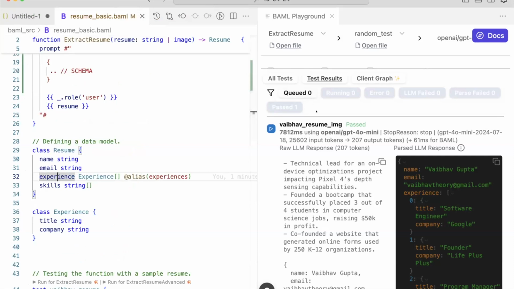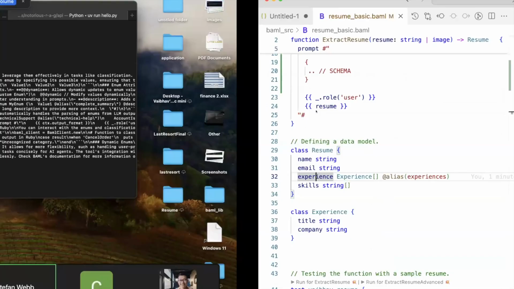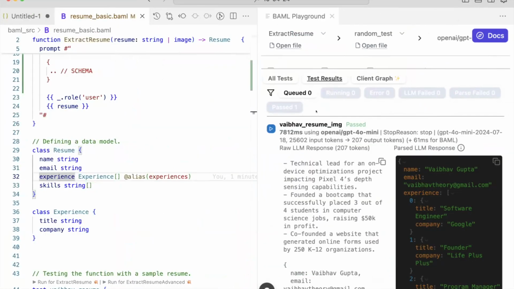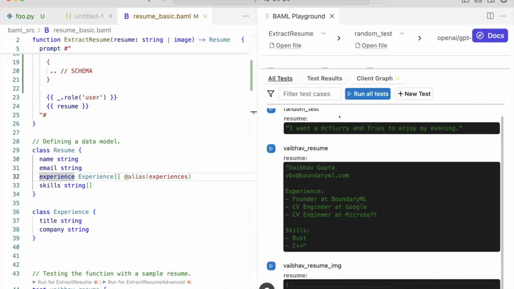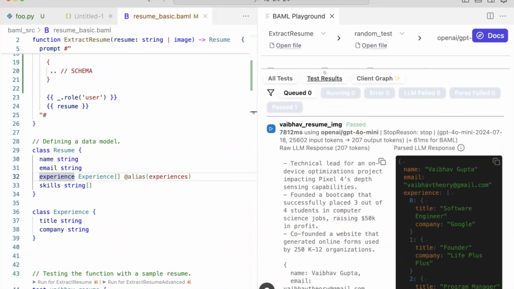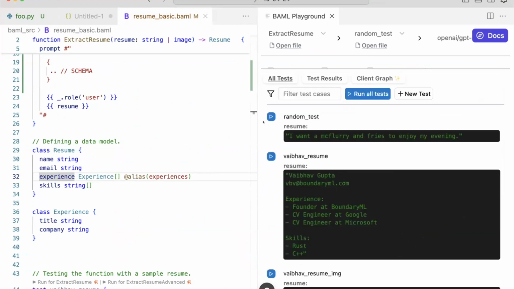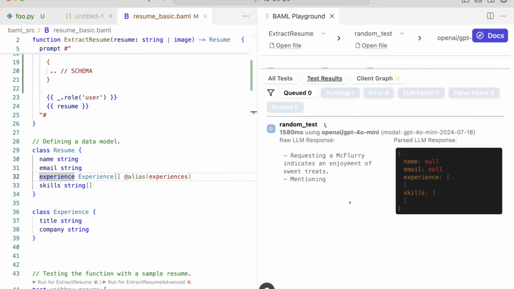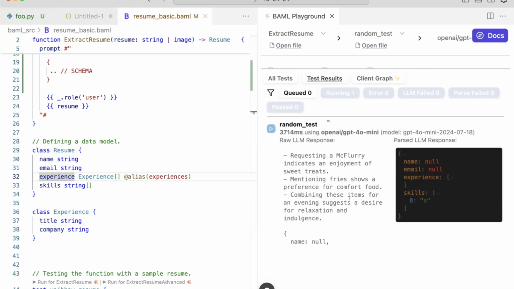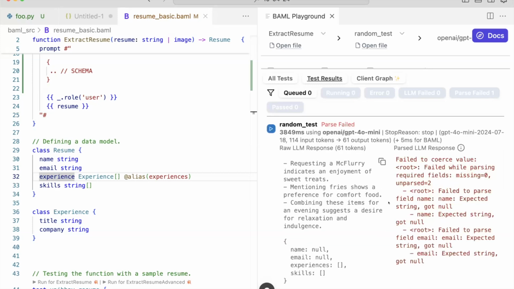Exactly. So one of the problems with using, for example, OpenAI, is that it does something called constraint generation, what I think these guys were talking about earlier, to produce JSONs. The problem with constraint generation is what happens when the user screws you, because you said you want to get out a resume, but then the user says something like, I want a McFlurry and fries. What happens? The problem with constraint generation is you will get a resume even though you don't want a resume. In this case, unlike constraint generation, we'll actually raise you an exception,